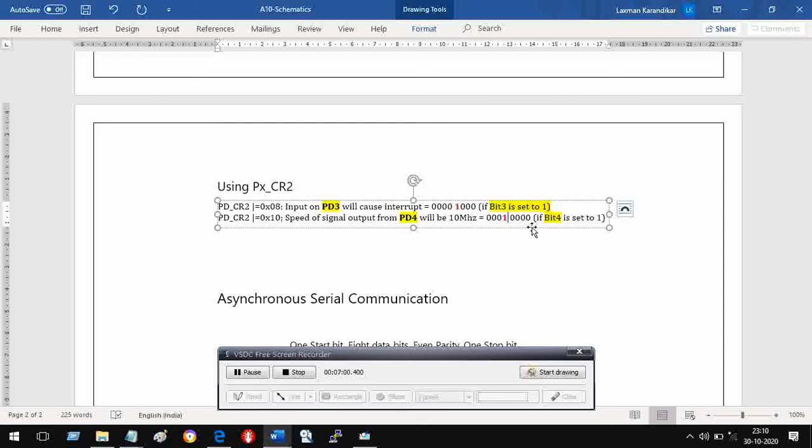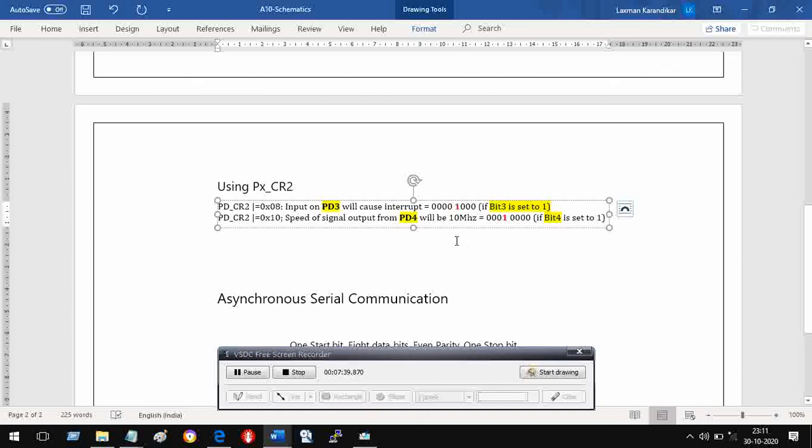You may ask why, if you can give 10 megahertz, you would want to give 2 megahertz. It's a simple, logical question, I agree. So why do I offer an option of 2 megahertz, and that too under default conditions? The internal circuitry of the microcontroller corresponding to the ports is such that if you provide only 2 megahertz maximum speed, it will consume much less power. And if you want a higher frequency, you can set this bit and get it, but at a cost. That cost is the power consumed by that particular pin, which will be much more.